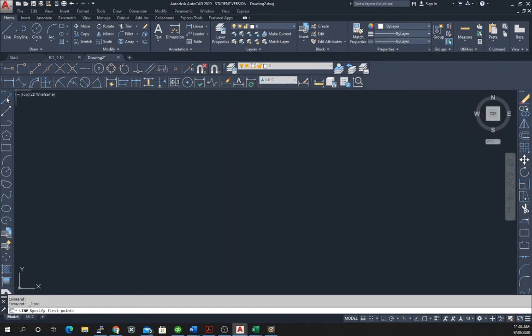So I'm going to start with my line, and I can start anywhere. And as you take a look as I'm moving around, I can sort of see the size of my grid. So if I'm over here, I see my grid size. My first point is at 8 relative to 0, 0. That's going to be somewhere down here. So I'm going to blow this up a little bit. Anyway, I'll start here,